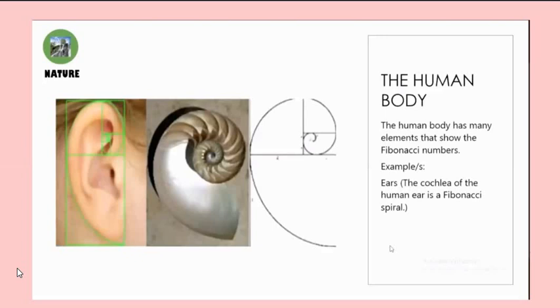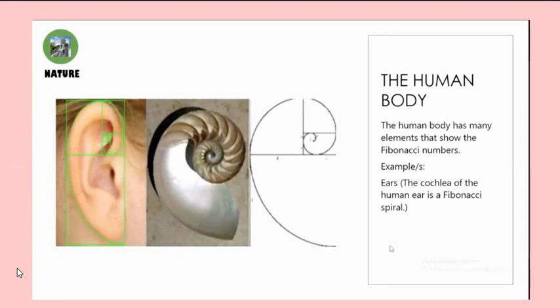And here we can see the Fibonacci spiral. The pattern is inspired by the Fibonacci sequence, of course. As we can see, the Fibonacci spiral can be perfectly aligned in the shell of the ears of the human body. So we can therefore conclude that the Fibonacci sequence can also be applied and can also be seen in